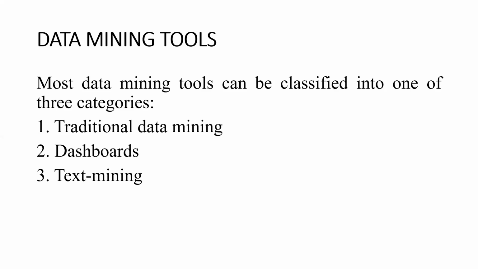The next one is text mining. The third type of data mining tool is sometimes called a text mining tool because of its ability to mine data from different kinds of text. For example, if you take Microsoft Word and Acrobat PDF documents to simple text files, this is the best example of text mining. These tools scan content and convert the selected data into a format that is most compatible with the tool's database, thus providing users with an easy and convenient way of accessing data without the need to open different applications.